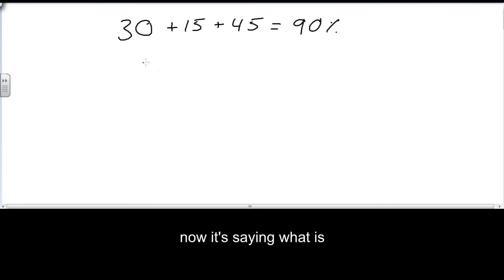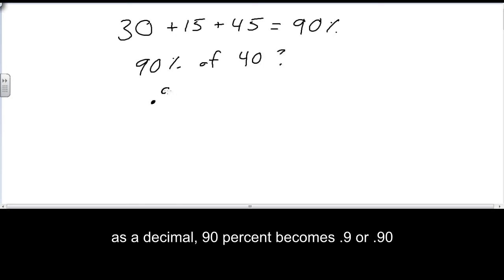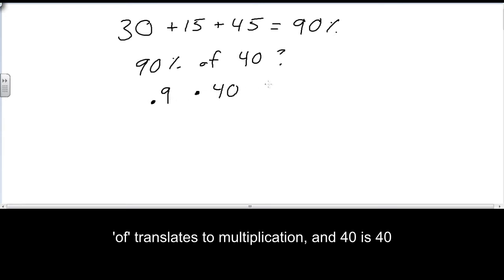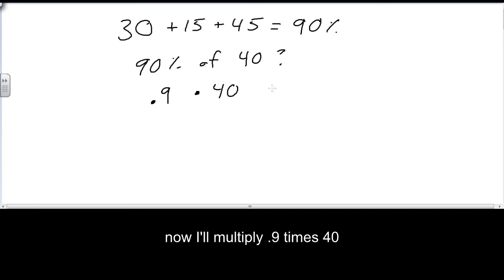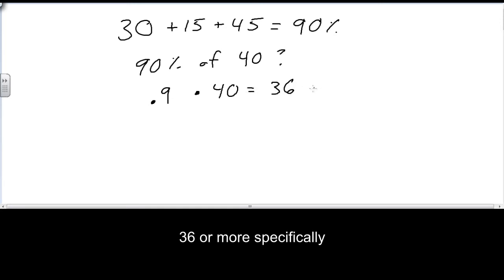Now I'm saying, what is 90% of my total, which is 40 students? As a decimal, 90% becomes 0.9 or 0.90. Of translates to multiplication, and the total is 40. Now multiply 0.9 times 40 to find the total number, and that will be 36, or more specifically, 36 students